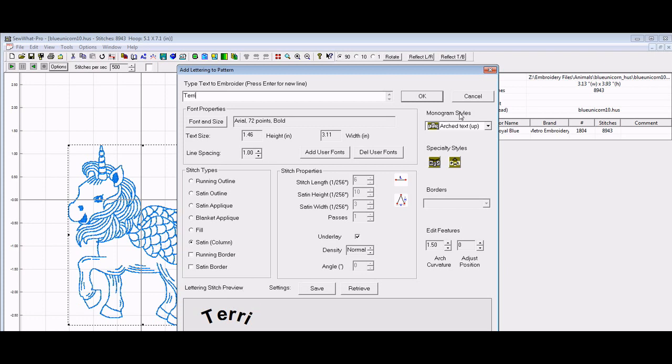If you look over to the right on our lettering screen, you can see monogram styles. This is the setting that I used previously. SewWhat-Pro remembers whatever setting you used the last time you were in the software. So last time I was using the arch text. If you click the drop down button with your left mouse button,